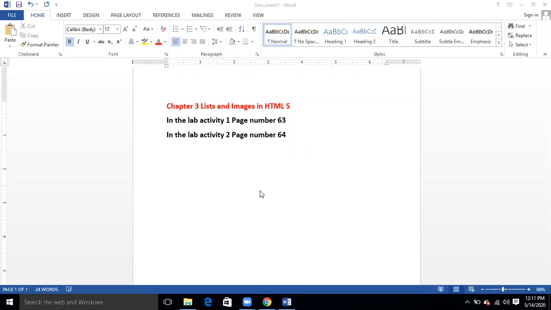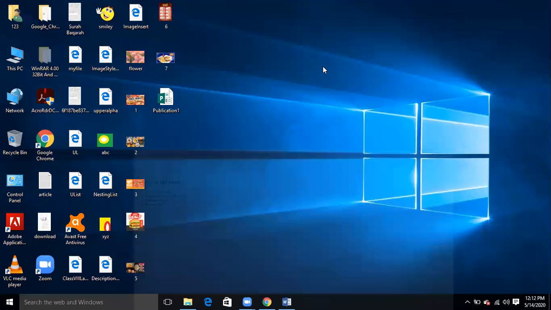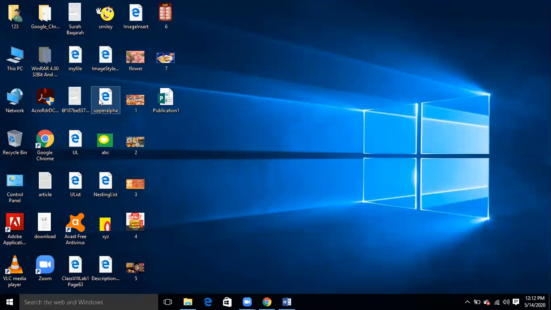Okay. Now they are asking for courses. Siham's mother has asked him to create the web page for different types of courses offered for different types of classes. So we have to create a web page where we will make a list of the courses. So how can we do this job? We will create an ordered list for this purpose.